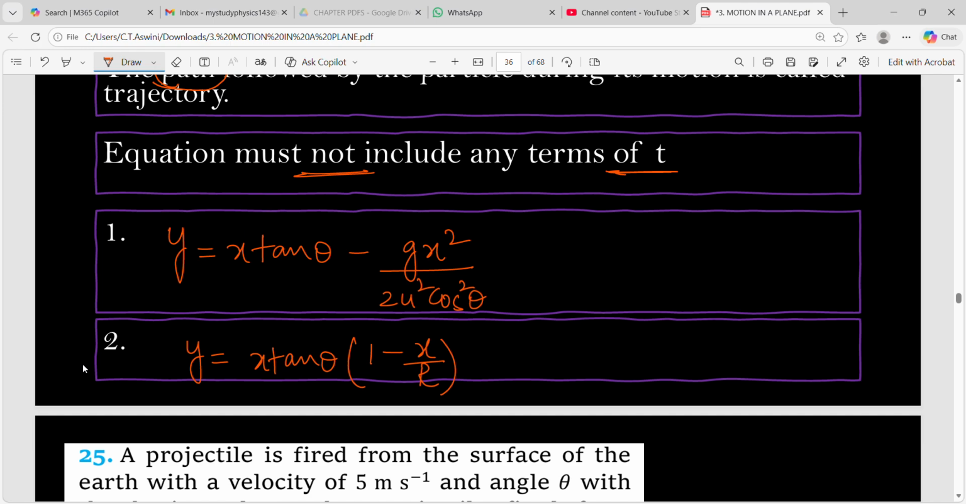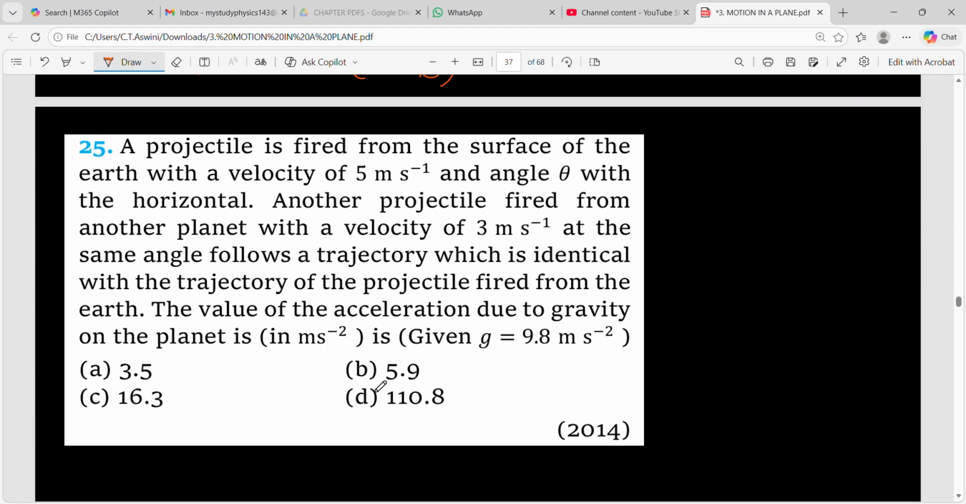Now we'll see one previous year question related to this. A projectile is fired from the surface of the earth